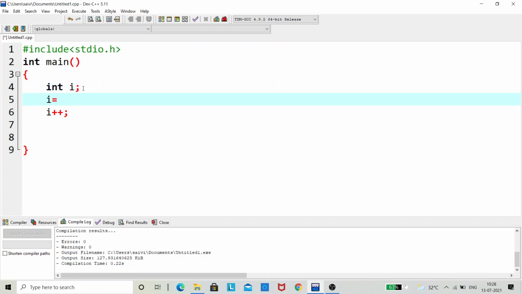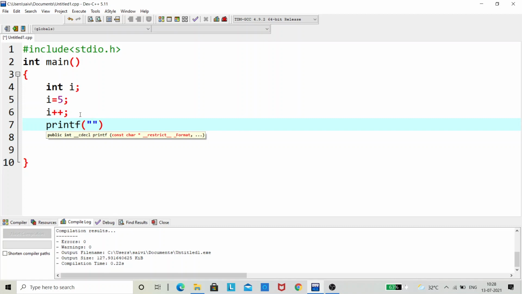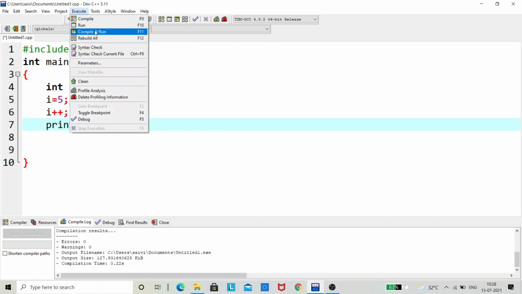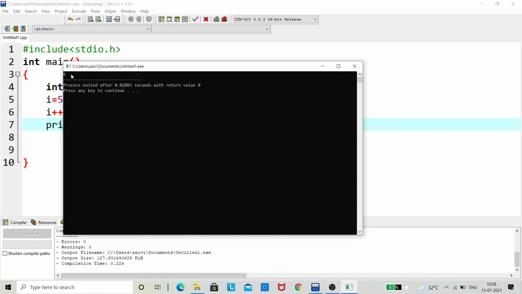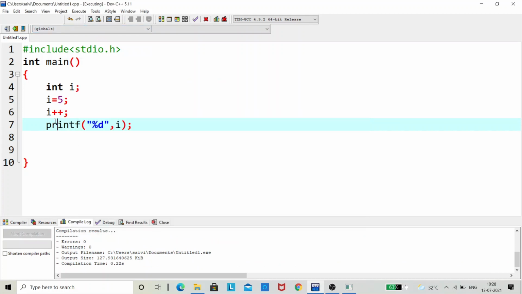We will assign I value as 5, for example. Now let's print the value of I so that we can see whether it is incremented or not. Let's execute and run. You can see that 6 is printed, which means that the value of 5 is incremented by 1.